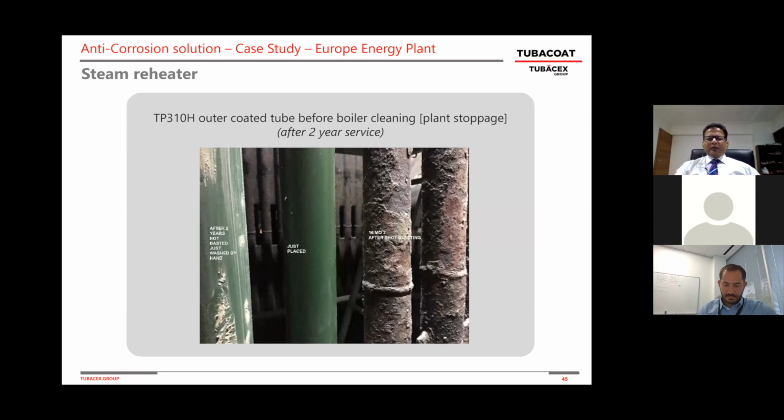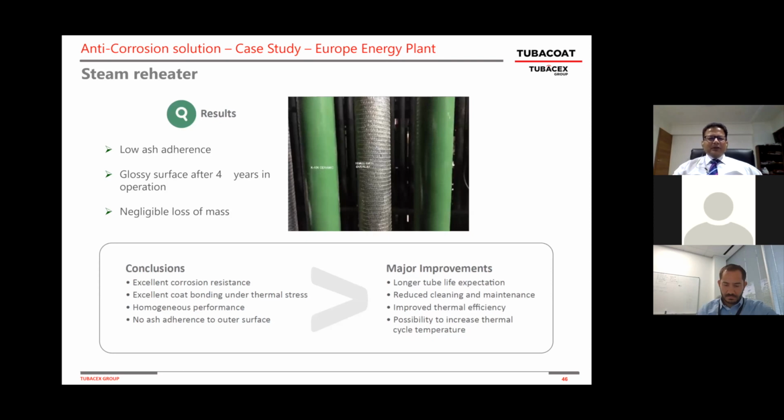After 2 years in operation, what you see on the screen is the TUBACEX tube is as good as brand new, whereas the 16 moly with the Inconel cladding, you see the significant corrosion of the tubes to the point they would have to replace them. So customer really liked this outcome. Let me show you after 4 or 5 years in the service. Next slide, please. And after 4 years, what you see is TUBACEX tubes are intact,